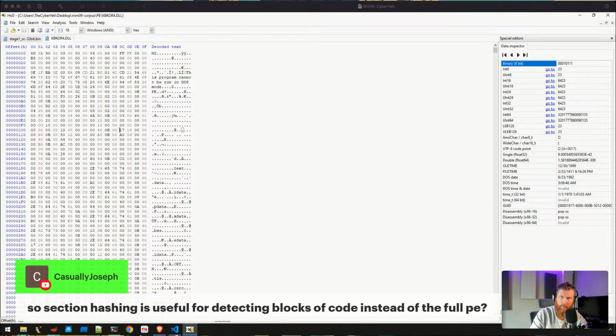And the rich header and the hashing of the rich header, right? That's a little spot where it actually makes sense to create a hash of that and use that for maybe hunting or some detection. So just a lot of options when it comes to hashing.